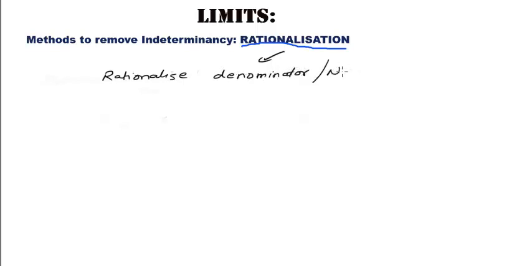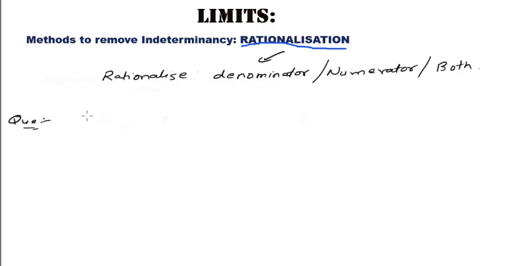All of you have studied rationalization, all of you understand what rationalization means. What basically rationalization means is, you either rationalize the denominator, or numerator, or both, depending upon your requirement in the question. So we'll see some of the questions in which you'll have to rationalize the denominator or numerator, or maybe both, to remove the indeterminacy. So let's start with the first question. It will be more clear with questions.